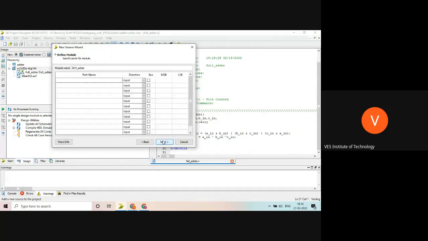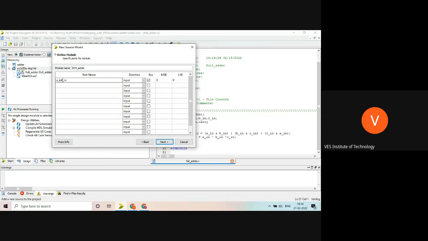Next, I want inputs A in, comma, B in of size 4-bit. I write here comma.